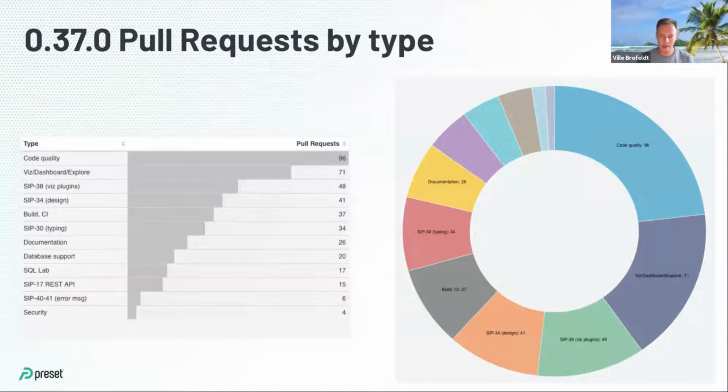And just 345 pull requests is a lot, but it's difficult to see any big patterns just by looking at this massive change log on the repo. So I grouped these pull requests by rough type, and this is what that analysis essentially boiled down to. So it seems like the majority of pull requests actually dealt with code quality improvements,